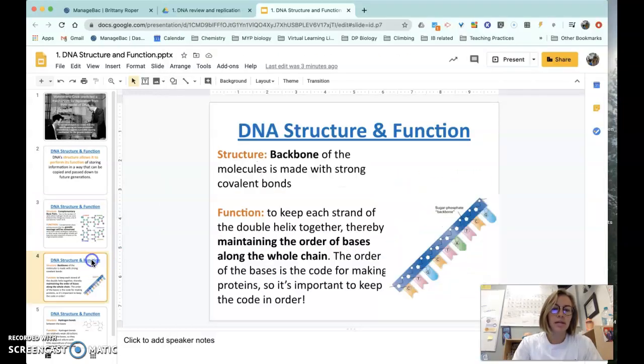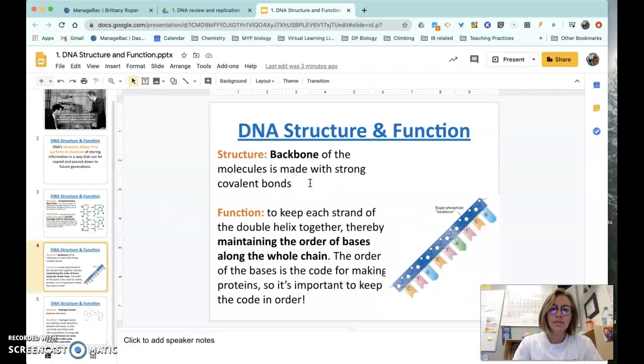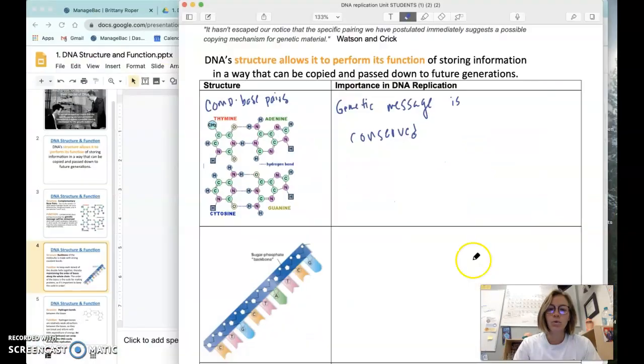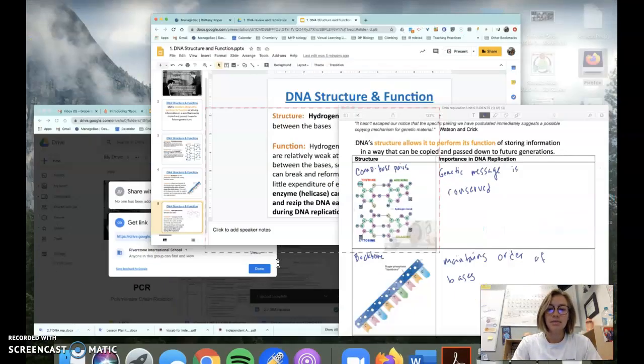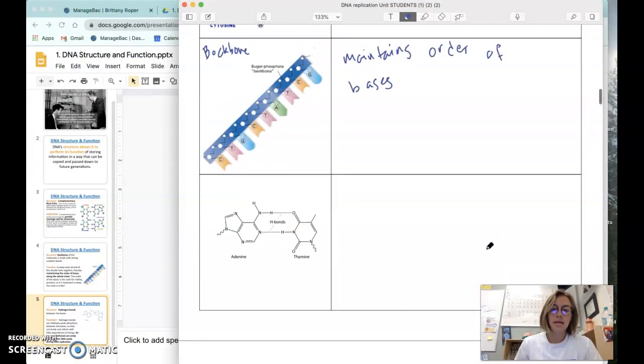The next part that we look at is the backbone, and this really works to maintain the order of bases. So the sugar phosphate backbone that we learned about, it's going to help maintain the order of the bases. And as we're going to see, and as we've seen a bit before, that order is essential. And so next part that we're going to look at here, the hydrogen bonds. These hydrogen bonds, as you'll see in the presentation there,